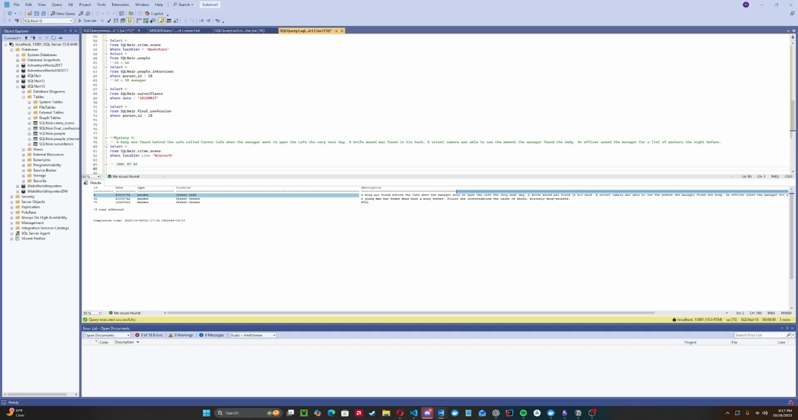A body was found behind a cafe when the manager went to open. A knife wound was found in the back. A street camera was able to see the moment the manager found the body. All right. So the officer also has a list of workers of the night before. Perfect. So first thing we want to see